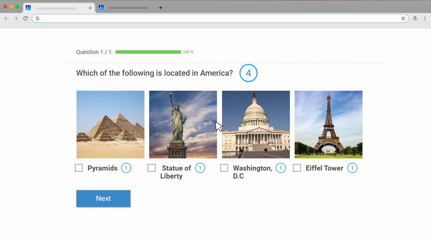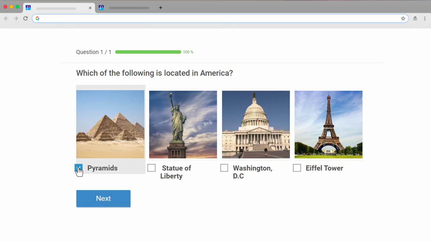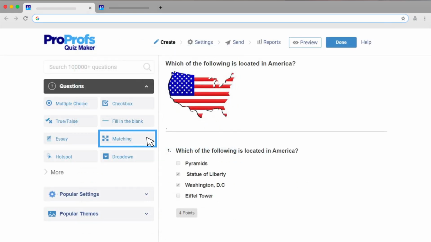In this case, each option carries 1 point, which is awarded if the quiz taker's answer to that option, either selecting it or leaving it unselected, is correct. For example, if a user selects B, they get 3 out of 4 points, as they made only 1 mistake, not checking option C. If they select A as well as B, they get 2 out of 4 points, as they made 2 mistakes, not checking option C and checking option A. Matching, fill in the blanks, and checkboxes are some of the questions that support partial grading.